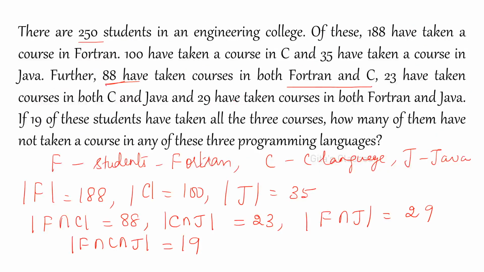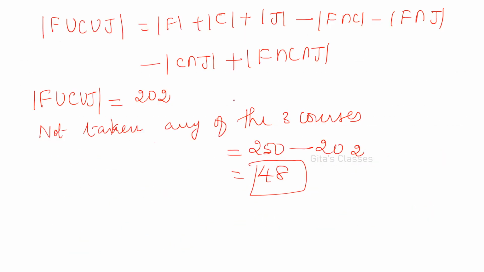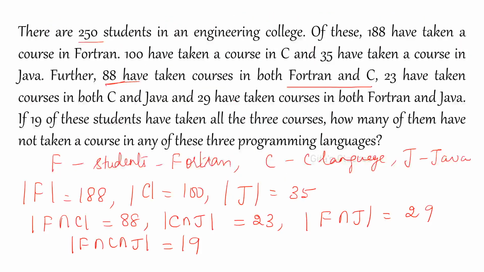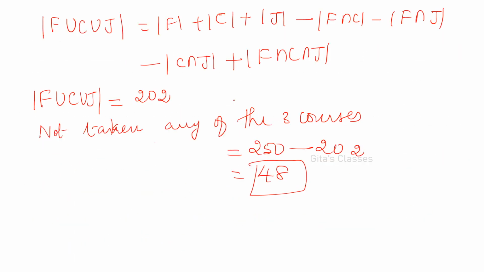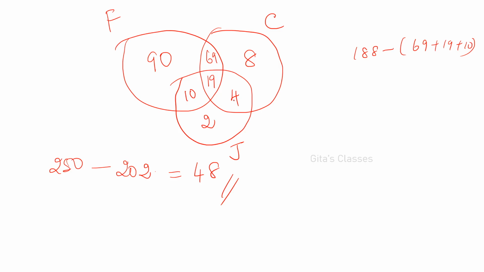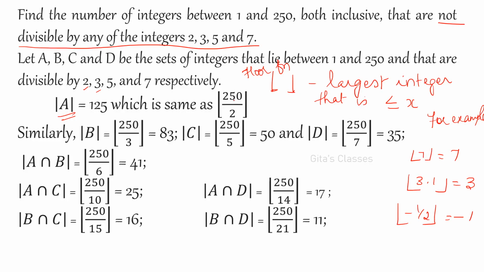And next is the principle of inclusion exclusion. You can expect one definite question from the principle of inclusion exclusion like this. This I have explained already. Using a Venn diagram or using the formula, you can solve this; the same question I have done using the Venn diagram. Even this is a standard question, numbers divisible by 2, 3, 5 and 7. This also I have explained nicely in that class. Please go through that if you want a detailed explanation.